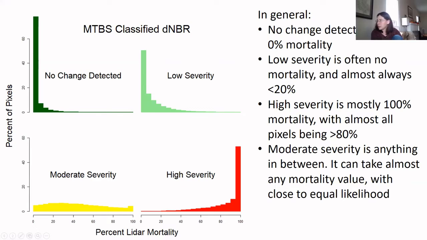We have one suggestion in the chat from Steve Norman that you could use Sentinel-2 to map at 20-meter resolution, which would reduce the mixed pixel problem. Were these fires within the temporal range of the Sentinel-2 data? I don't know off the top of my head. They burned in 2013, if anybody else wants to answer that. I do agree that in general, Sentinel, all else being equal, is going to perform better just because of the better resolution. But again, I wanted to compare this to something that is easily available to anyone just clicking on the MTBS website. Excellent.